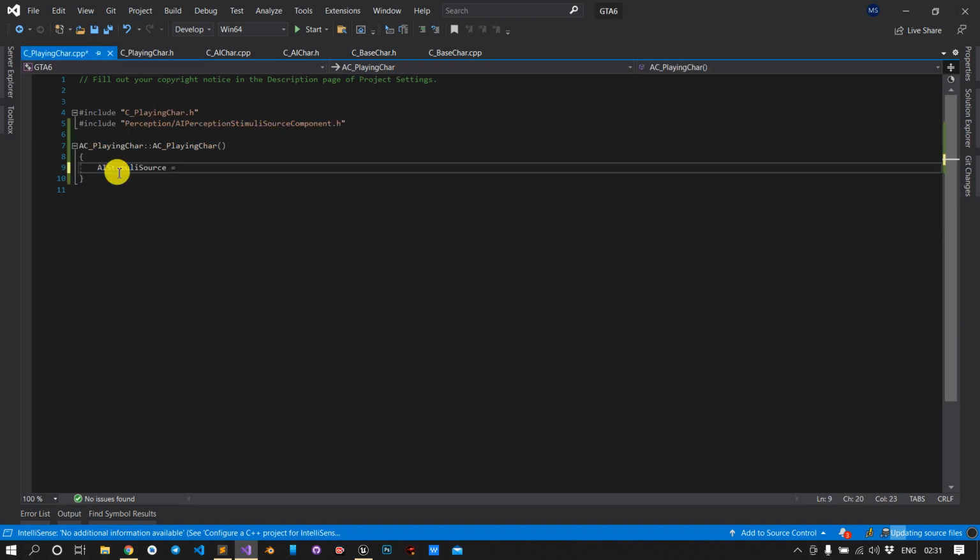We need to create a default subobject. Here we need to specify the whole type with the U prefix, and here we will put the text, and I will put the name the same.